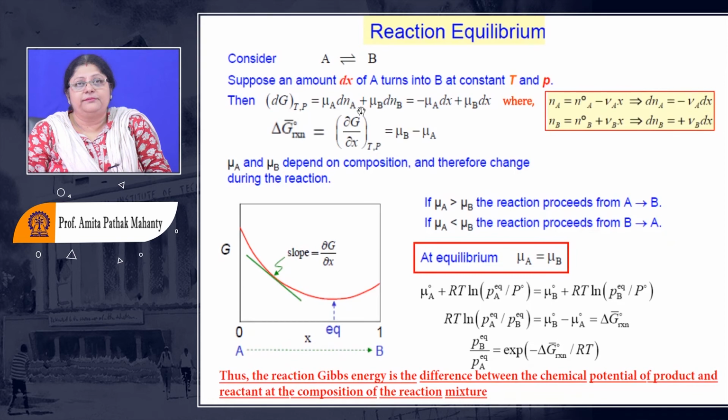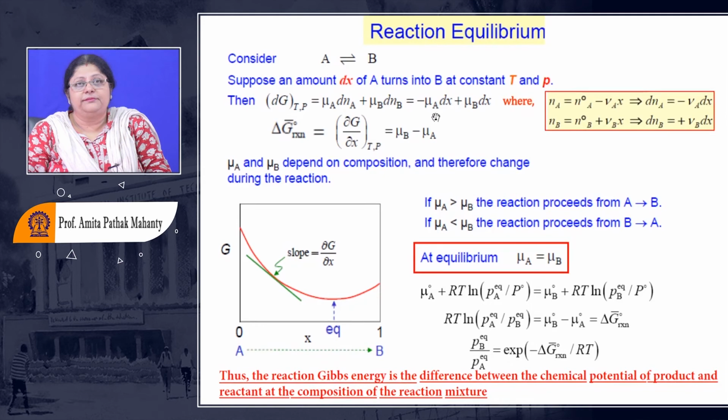So if I know that initially it is Na, it is gone to some extent, depending on what stoichiometry it is, A is going to be decreased by dx and B is going to be increased by dx. Okay, initially NB was supposed to be some amount, and after some time with the progress of dx, it is supposed to increase by dx, and A is supposed to decrease by dx, right?